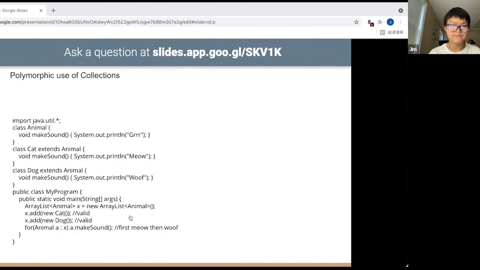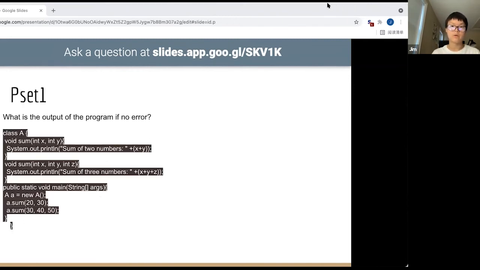Okay, so now the first p-set. Since this is the first p-set about polymorphism, I'll give you guys about 5 minutes to do this on your own. I will not answer questions first. I want you guys to try to figure this out yourselves. And then I'll give you the answers at 3:50. Okay, all right. So the answer for the first one is